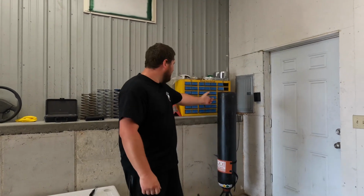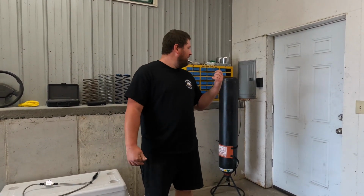First thing you'll need is a mother bottle here. You can get that at a lot of welding supply stores. Airgas, not in my region, unfortunately. In the Cincinnati area, Airgas does not do nitrous oxide anymore unless it's for medical grade. But I've heard that Airgas all over the country does it, just not by me. So get you a good place where you can get a mother bottle, and then you'll need to know before you